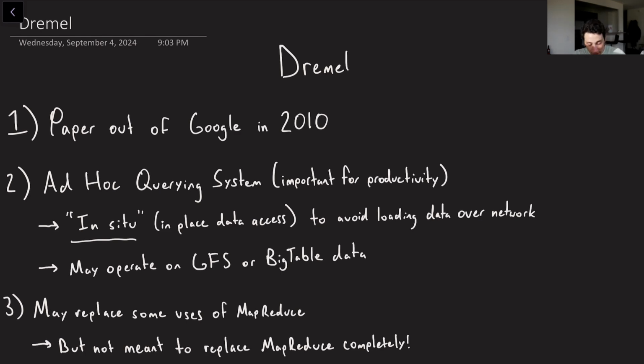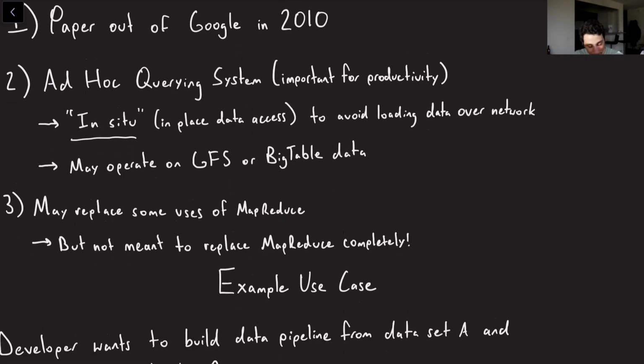Great. So the last piece of this is that we may actually use Dremel to replace certain MapReduce jobs, right? You can use MapReduce to perform things like arbitrary querying. However, Dremel is going to be the better tool for the job for a lot of these ad hoc queries that are going to be run by humans. It may not be a better thing for something like an ETL job where you're taking one data set and converting it to another, but for something like an ad hoc query, it is totally going to be a better choice. That being said, like I mentioned, it is not going to get rid of MapReduce completely. It's going to be a complementary tool.